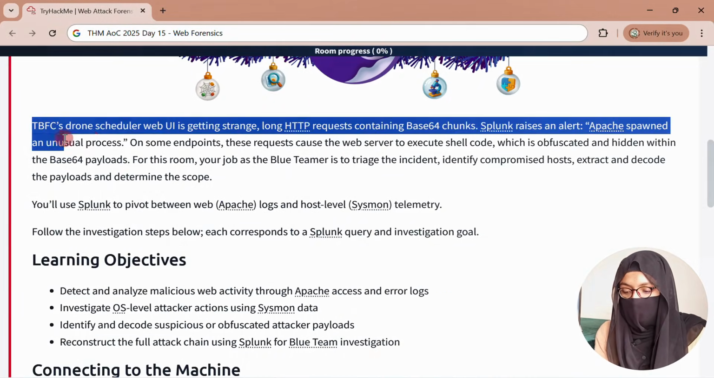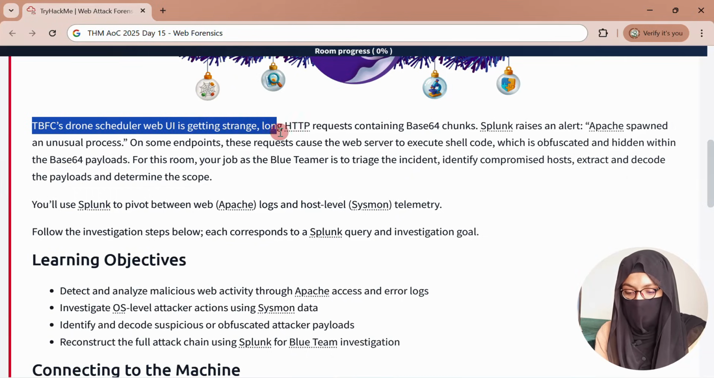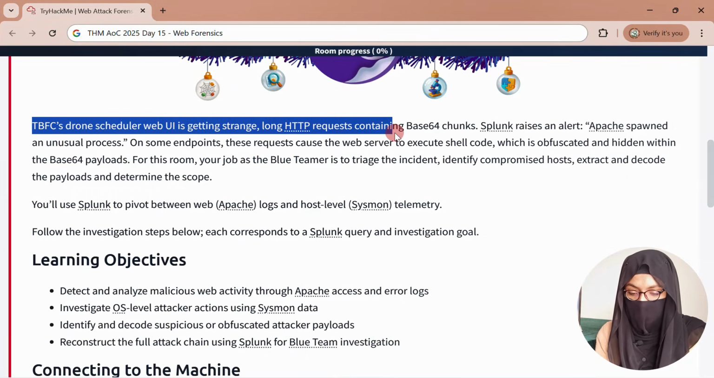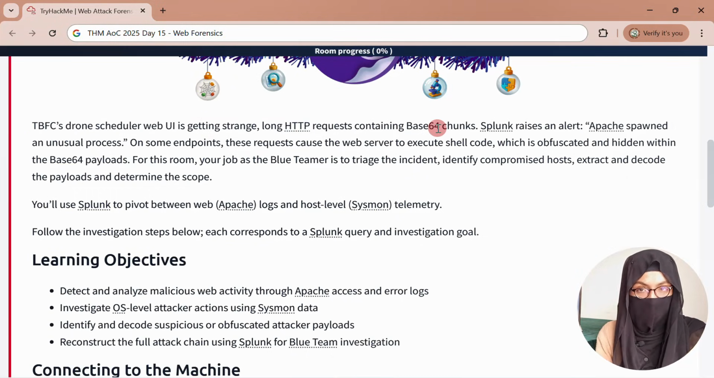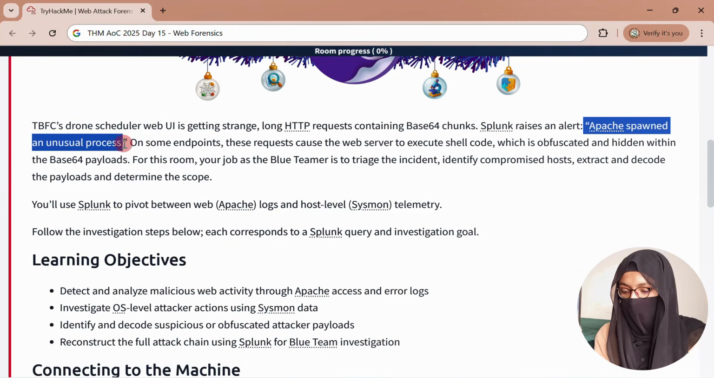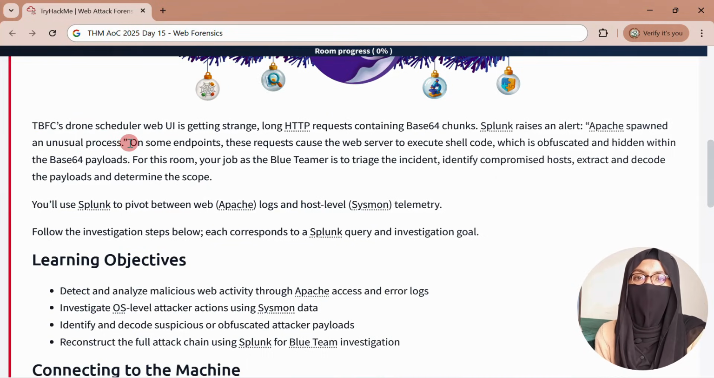It says that TBFC's Zone Scheduler Web UI is getting strange long HTTP requests that contain base64 chunks. That should not be like that. Splunk is raising an alert that says that Apache spawned an unusual process. On some endpoint, these requests cause the web server to execute shell code, so we will have to see what